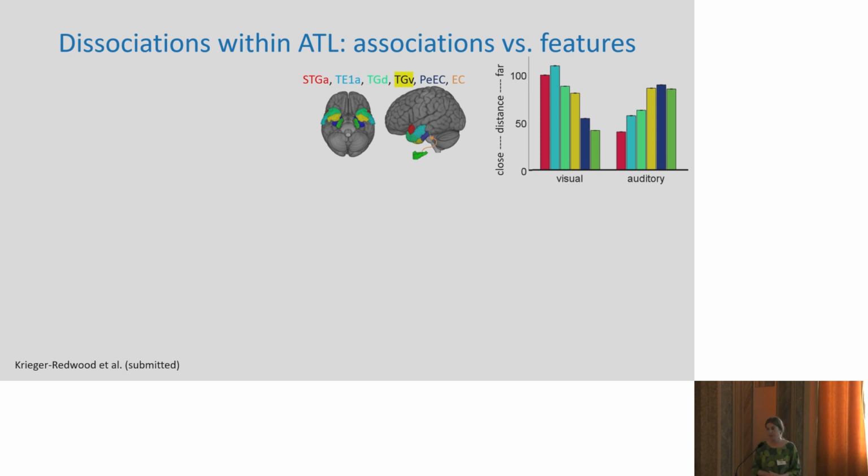So in this study, we've been measuring the distance between different ROIs. These are parcels from the Glasser parcellation. We've been measuring the distance of these parcels to the sensory motor landmarks. We've got the distance to the calcarine sulcus and the distance to the temporal transverse sulcus, measured here in millimeters from the different ROIs. And you can see that there's a systematic shift, as you'd expect, in terms of distance